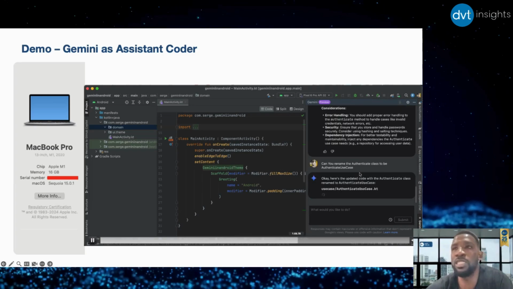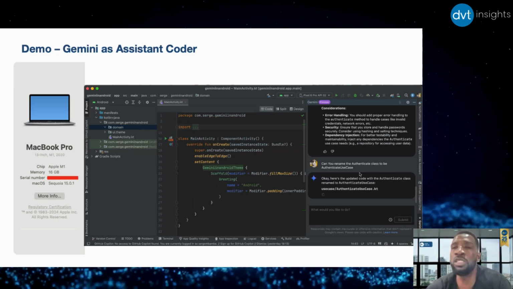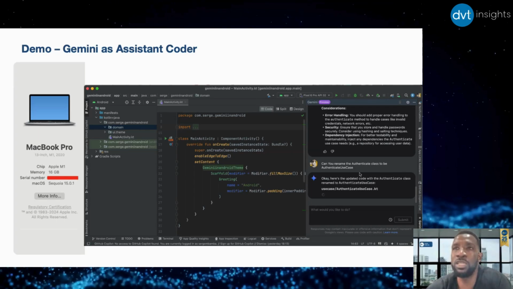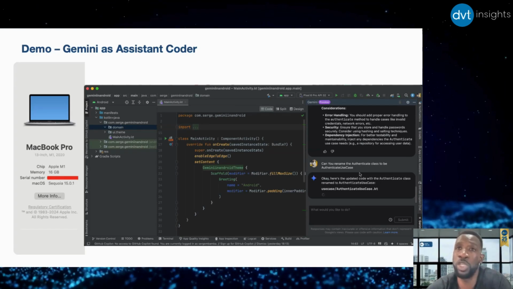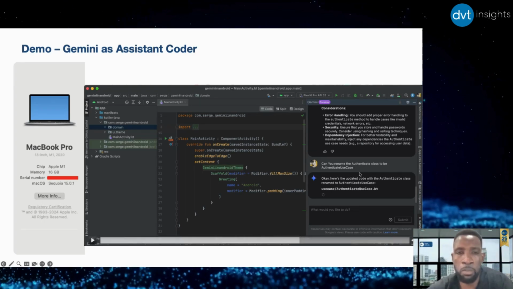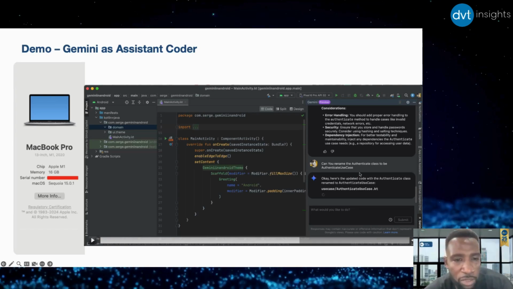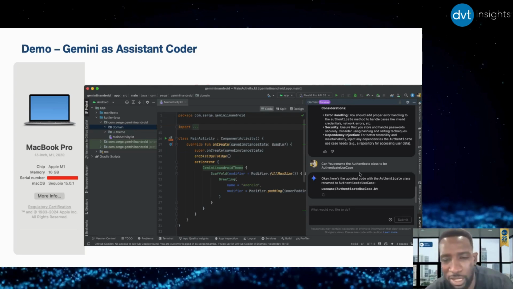It's telling me here are some considerations you need to consider. Security, dependency injection. So this is the level of interaction you can have with code completion, as opposed to just the traditional one that infers things from your comment. Now, Kobus, if you look at code completion in Gemini and you look at what we had in Xcode, how do you think they compare?